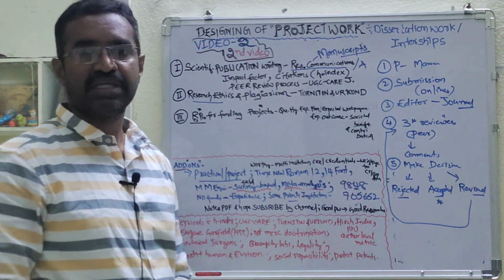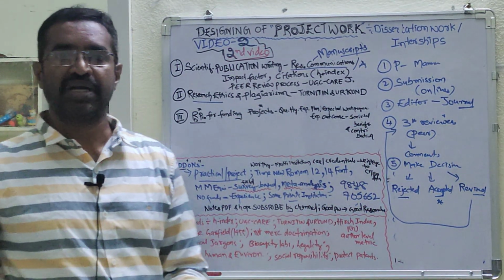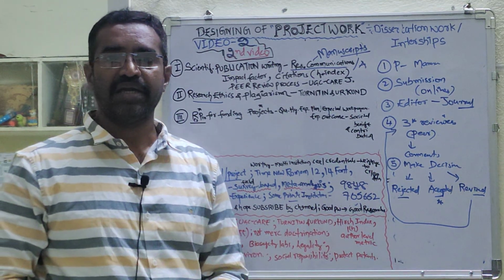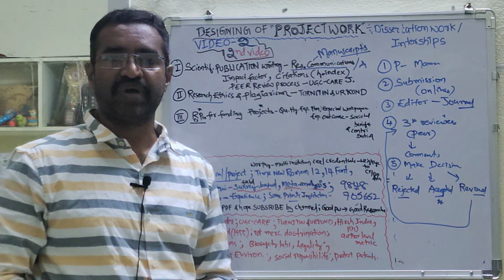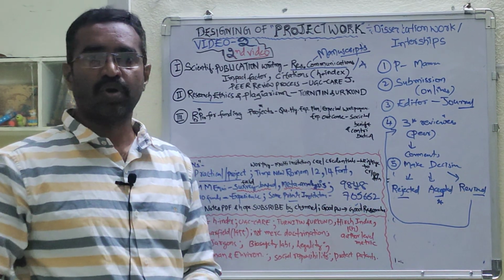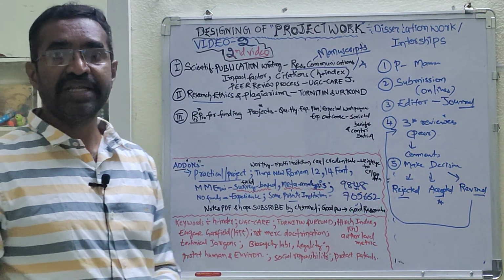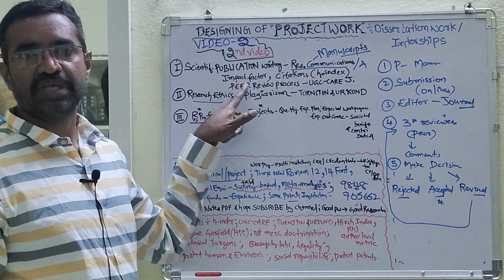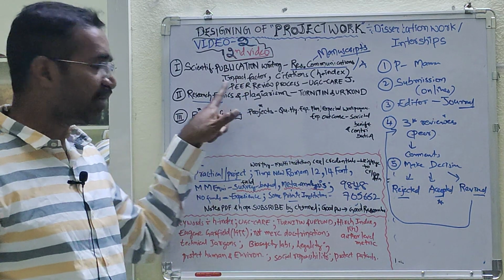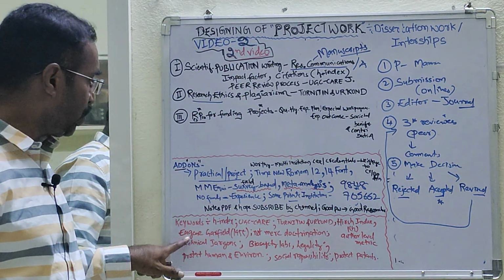So after publishing, as I told you, the journals are of different types and different quality, and some journals have very good quality work being published. Moreover, that work will get a lot of citations. That quality is represented with the impact factor, and impact factor was given by E. Garfield